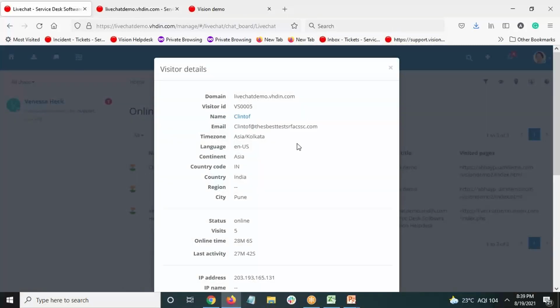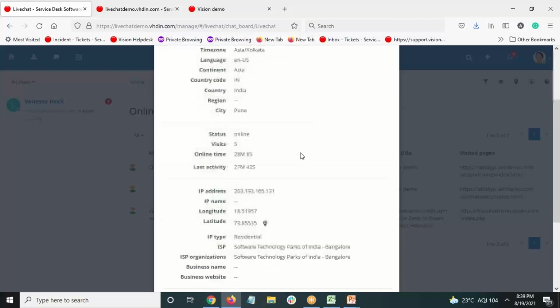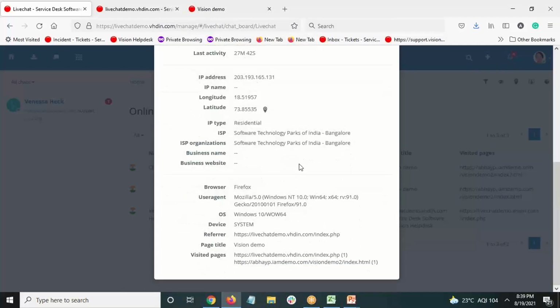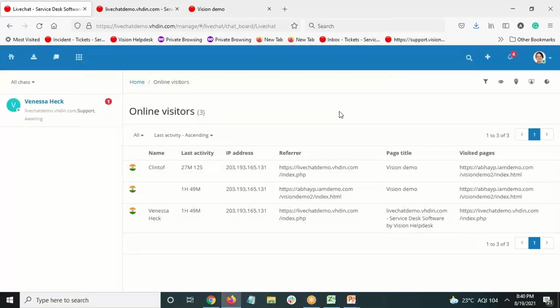You will also get the details of the visitors, such as their IP address, location, referring URL, the number of visits. So the system also recognizes if it is a revisitor, the browser, if any other pages have been visited, and so on. So this is the visitor activity board where the details of the visitor are displayed. These details are also displayed on a real-time basis for your reference. If there are any new visitors checking out your web pages, they would be displayed over here.